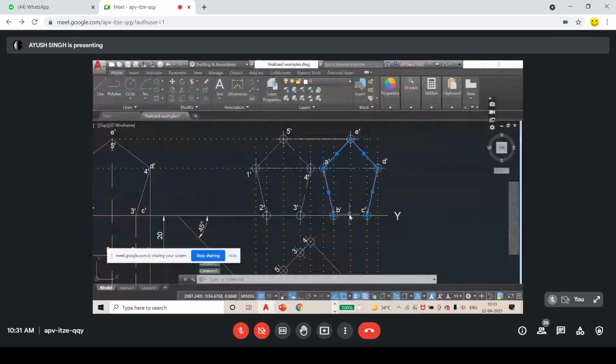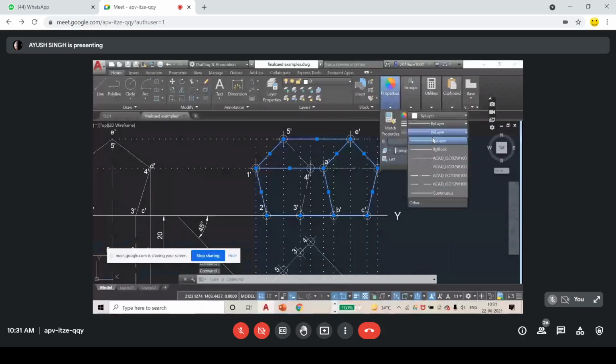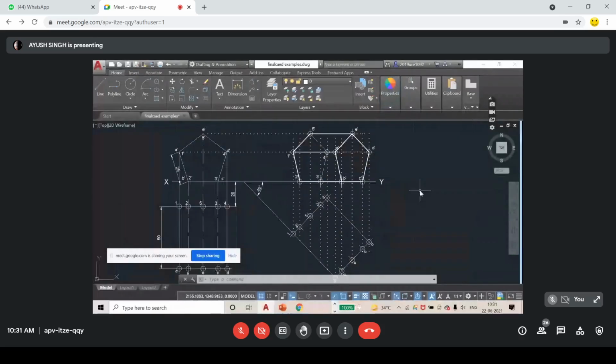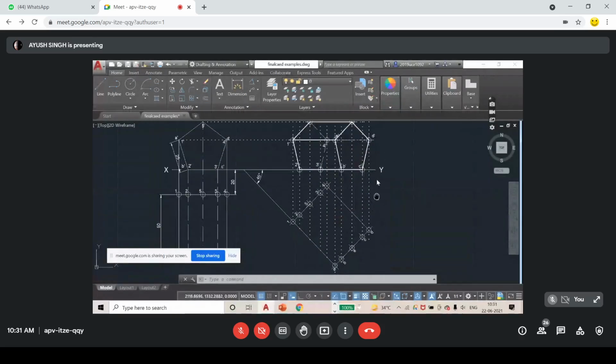Okay, so I'm going to bold the rest of the lines that will be visible. These are visible lines. Just bold them and you will see a prism that is like that. Okay, see, it is a prism that is at an angle of 45 degrees with the VP. Okay, so this is its front view and this is its top view, right? Top view I want to highlight, you can highlight it. It is a nice practice to highlight things.